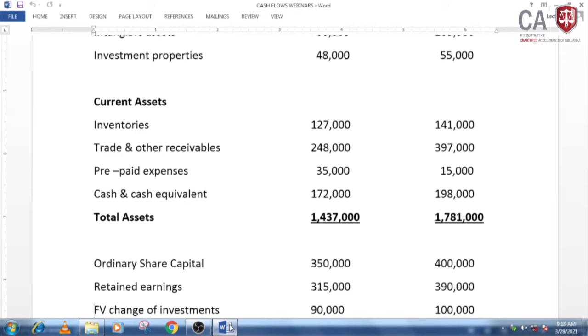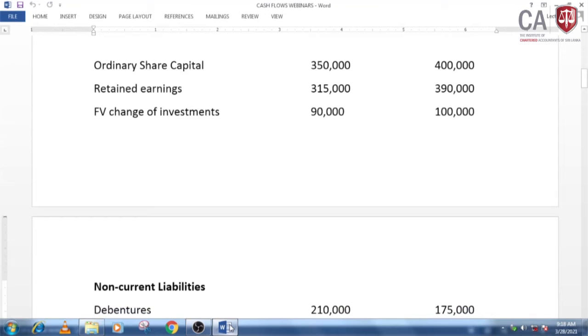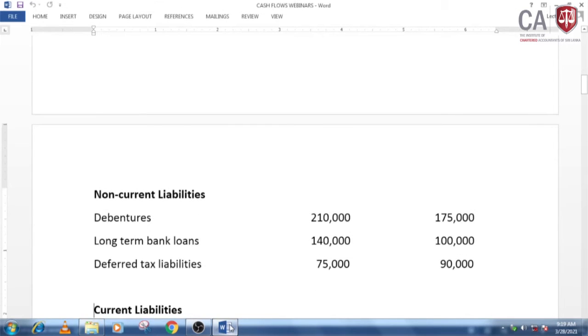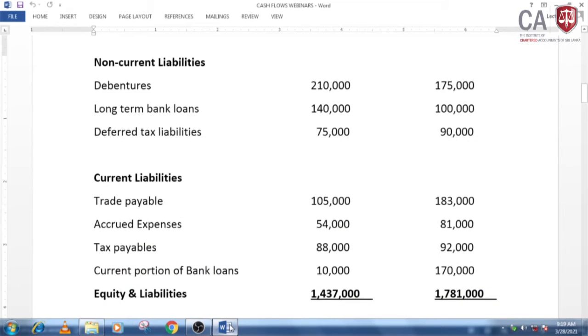248,000, 397,000, prepaid expenses 35,000, 15,000, cash and cash equivalents 172,000, 198,000, ordinary share capital 350,000, 400,000, retained earnings 315,000, 390,000, fair value change of investments 90,000, 100,000, debentures 210,000, 175,000, long term bank loans 140,000, 100,000, deferred tax liabilities 75,000, 90,000, current liabilities trade payables 105,000, 183,000, accrued expenses 54,000, 81,000, tax payables 88,000, 92,000, current portion of bank loans 10,000,